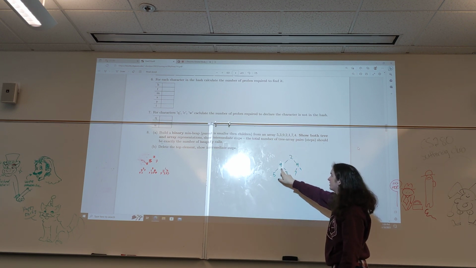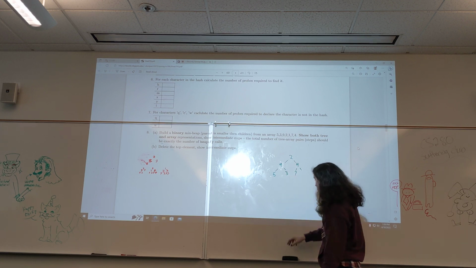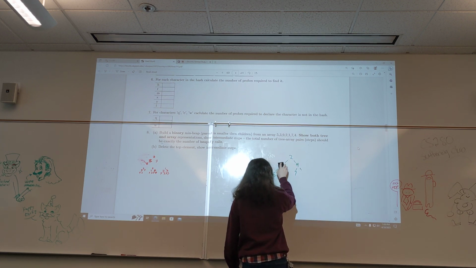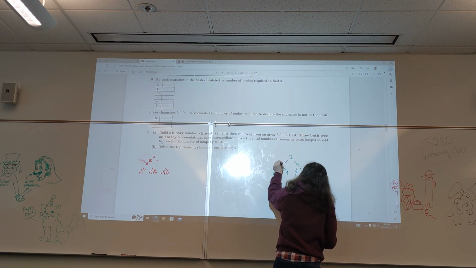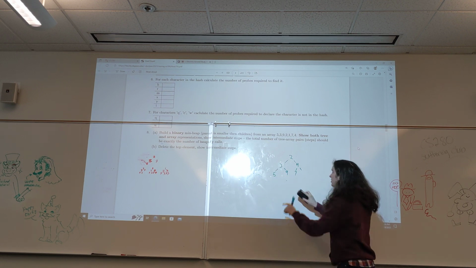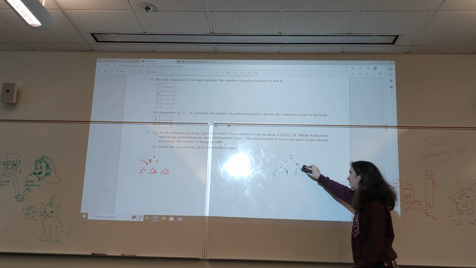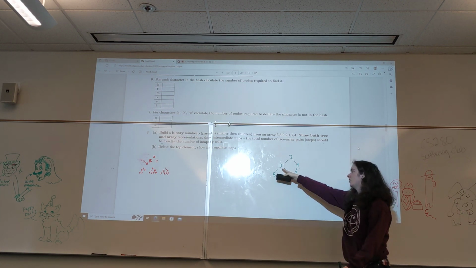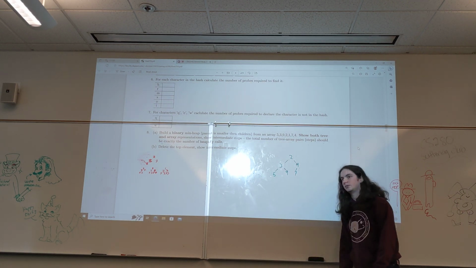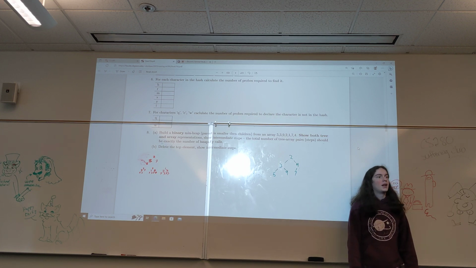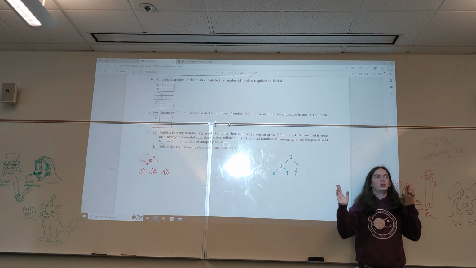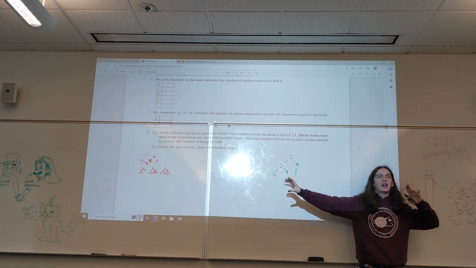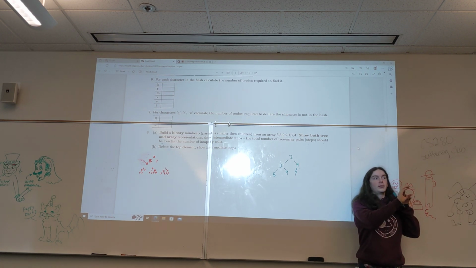Heapify: is it greater than its least child? Yes, which is 3. Swap it with 3. Is it a leaf? Yes. Heapify, you're done. And we can verify 2 is the least and every child is greater than its parent. So when you delete the root, you take the very last element, move it to the front,